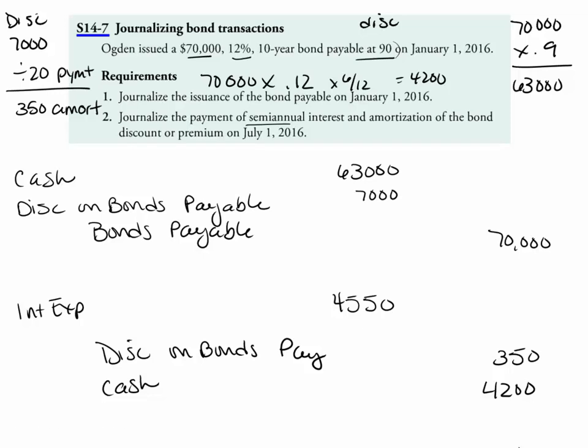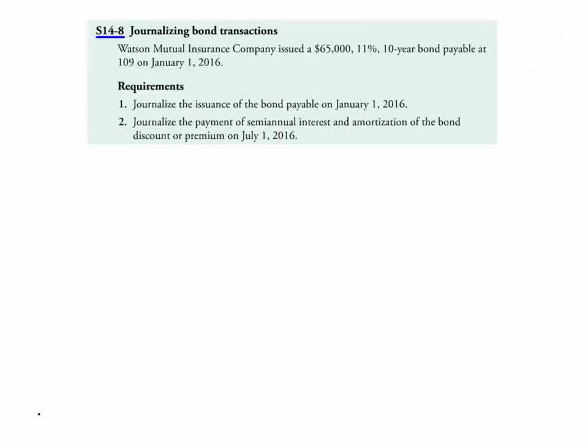Let's do one that is a premium. Watson Mutual Insurance issued a $65,000 11% 10-year bond payable at 109 on January 1st. So we'll issue the bond first, and we can see that we're going to get something more. It's over 100 here, so it's a premium, right? So on January 1st, I debit cash. The amount of cash I get will be the face value, 65,000 times 1.09. That's the 109. So the cash I'm getting is